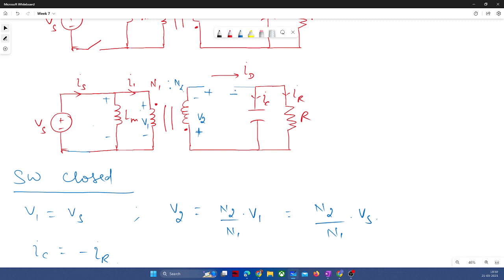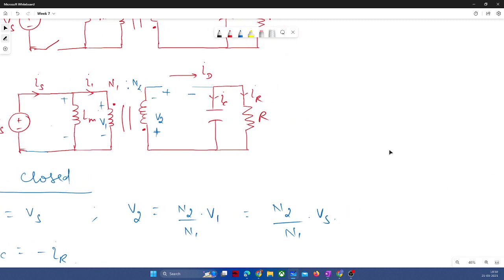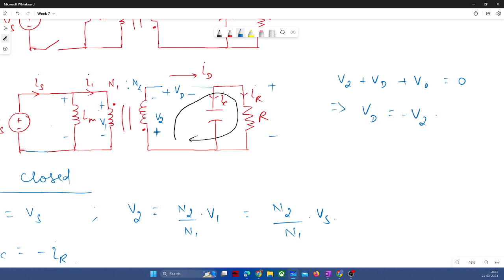For that computation, we will have to apply KVL in this loop, and the sum should be 0. So VD is equal to V2 minus V0,